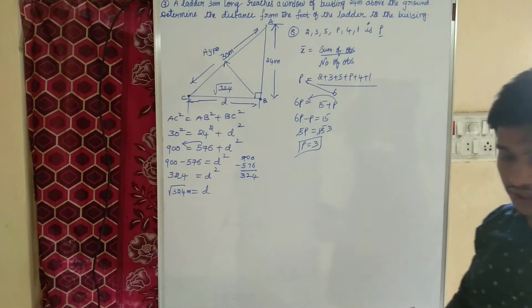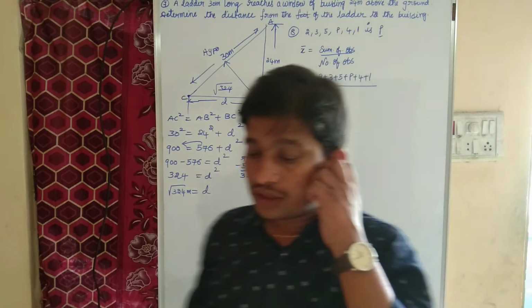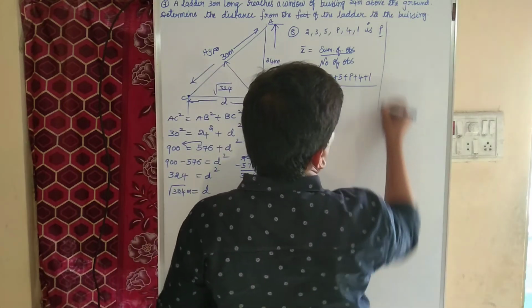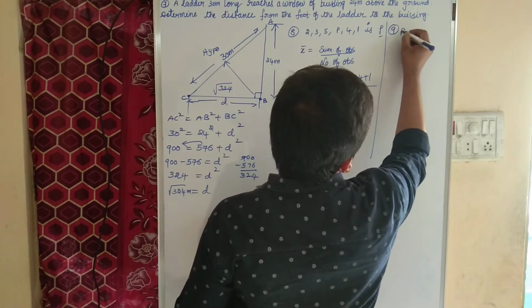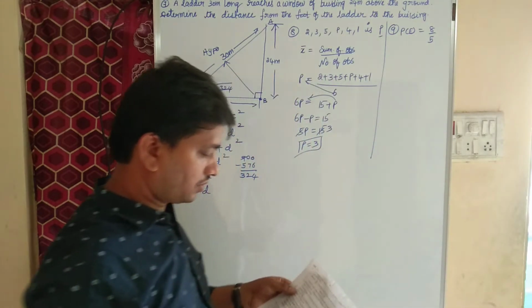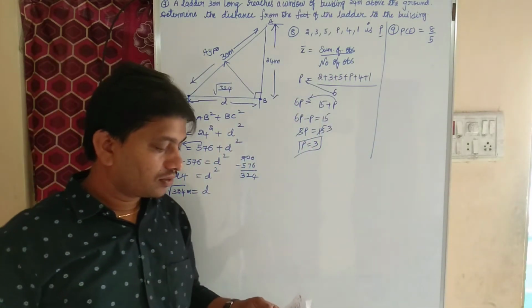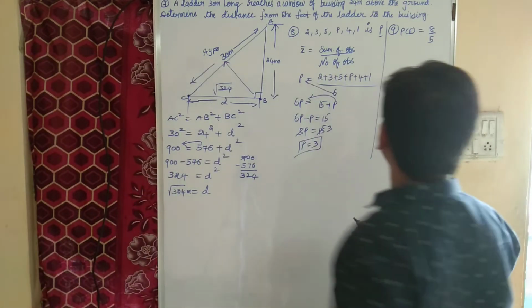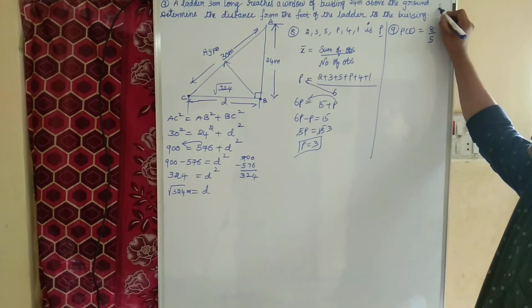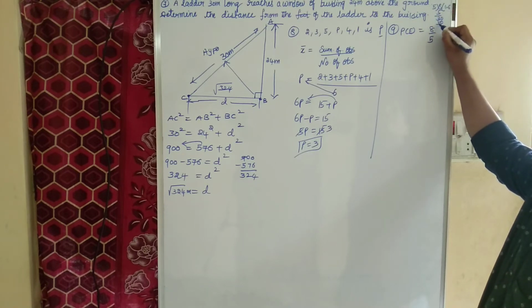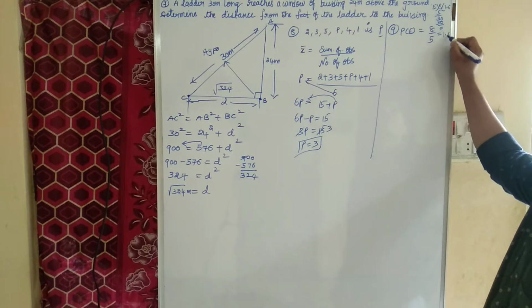Okay, next question. Gauri said the probability of an event is 8 by 5. What Gauri said? The probability of an event is 8 by 5 it seems. Do you agree with him? Give reason. What do you mean by 8 by 5 children? When we do 8 divided by 5, we are getting how much? 1.6.